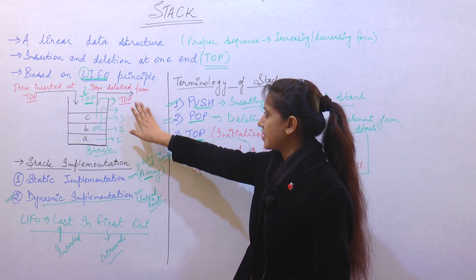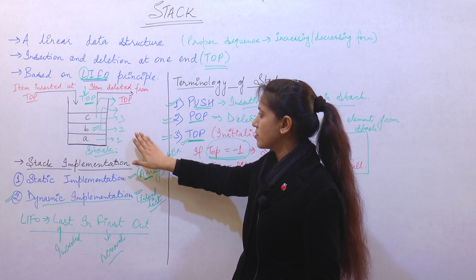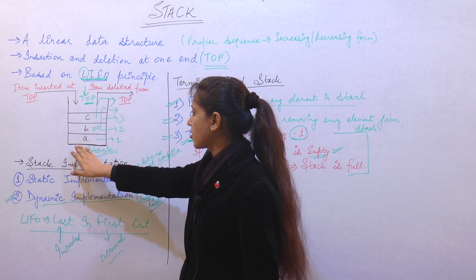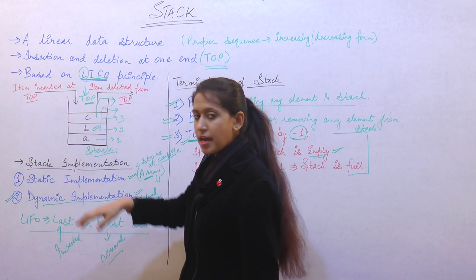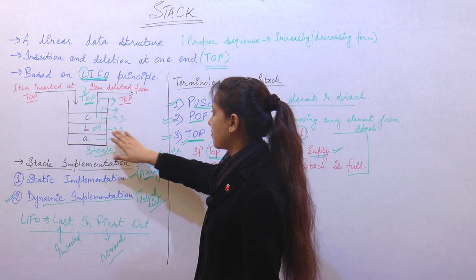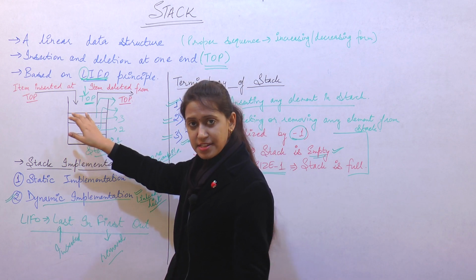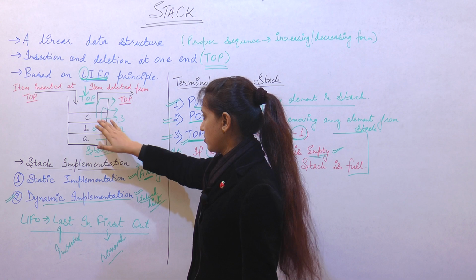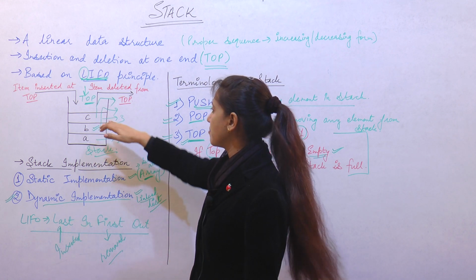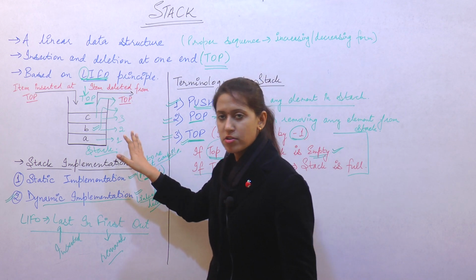After that we tried to understand the LIFO principle using an example. In this example, firstly we inserted 3 elements from the top of the stack, A, B and C, and after inserting these elements we removed an element from the top of the stack. Since C was the last element to be inserted in the stack, C became the first element to be removed from the stack. In this way the LIFO principle is implemented on stack.